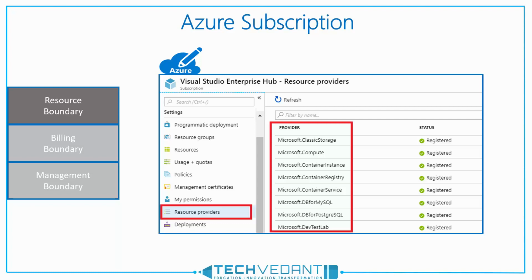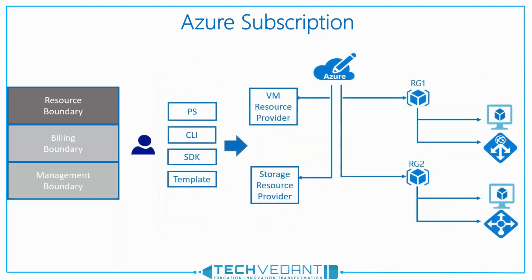On our screen, we can see various instances of resource provider. For example, Microsoft.Compute, which enables virtual machine provisioning, Microsoft.DevTestLab, which enables DevTestLabs services. With the resource provider registration status, the capability of end user solution can be controlled. Once we have resource provider enabled, we can use any tool such as PowerShell, command line interface, SDK to provision and manage Azure services. When we provision these services, the Azure subscription is set as a boundary for all the operations, services, and objects we create within it.